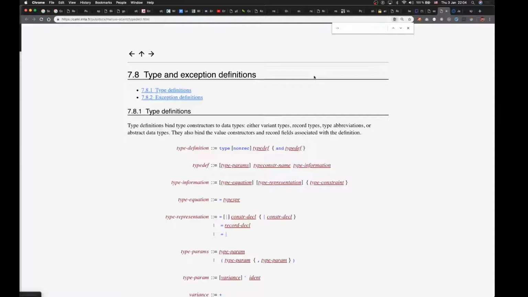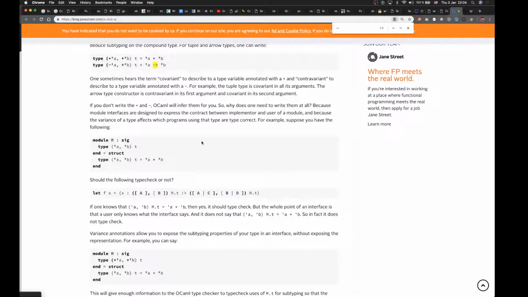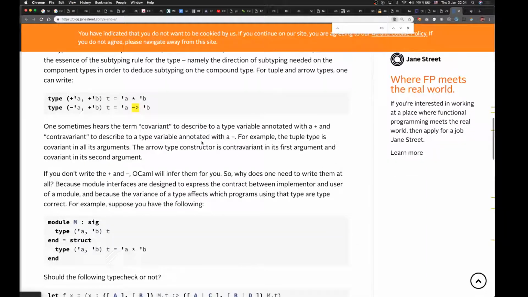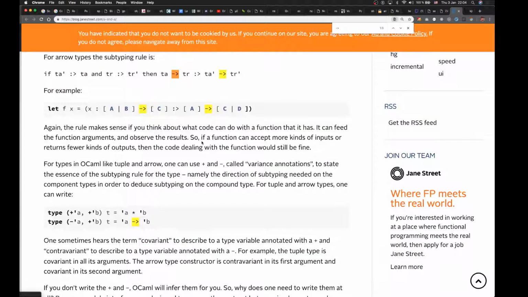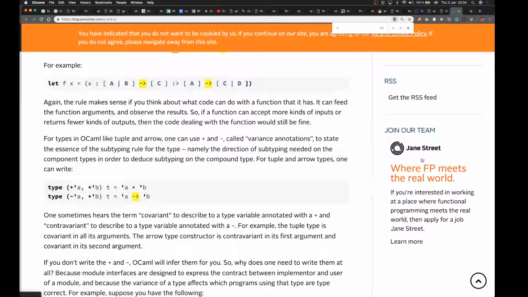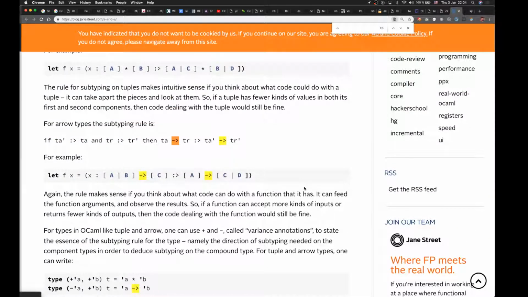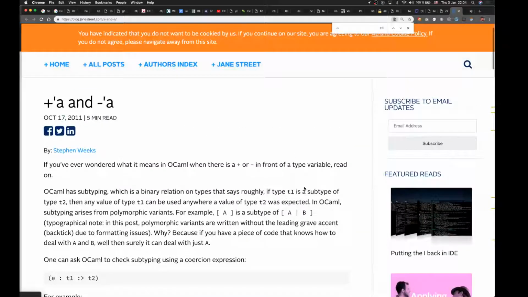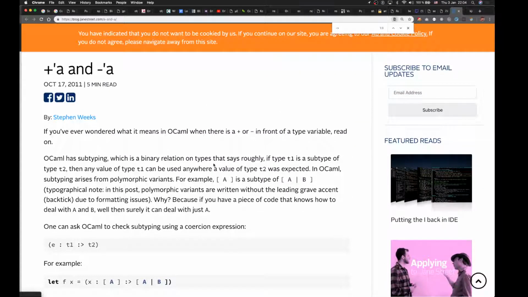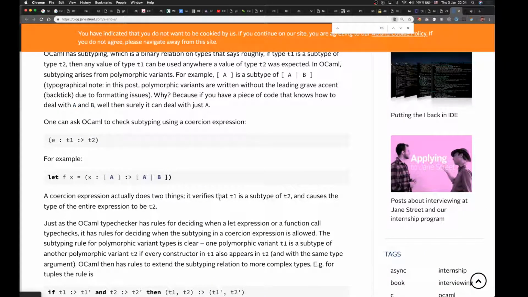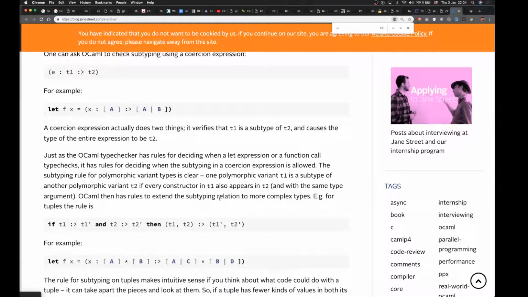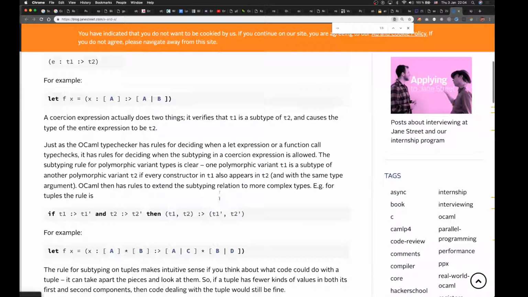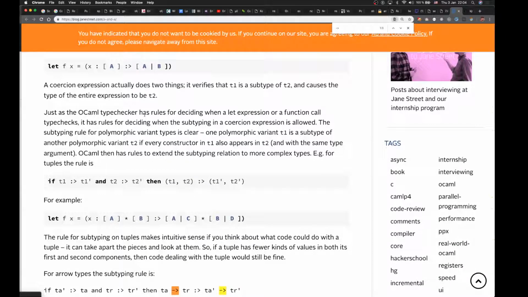So I was going to essentially spend some more time with this thing. Gotta love Jane Street's branding. I mean, they really want to sell the brand, like FP meets the real world. This is where we do cool stuff with functional programming. So many ads. Maybe I should try applying. I don't know. I don't think I know enough of OCaml for their level. Anyways,